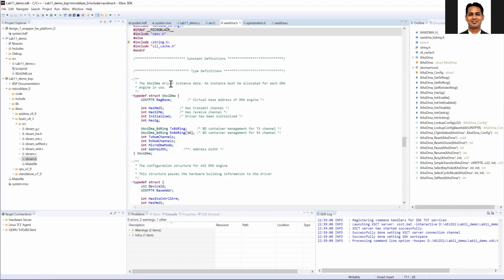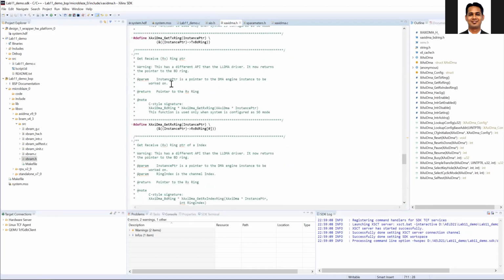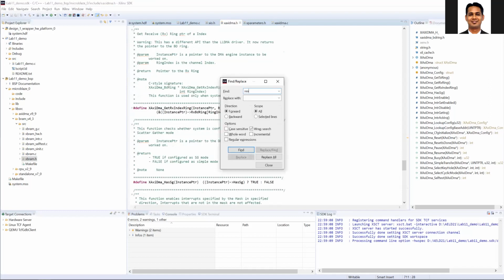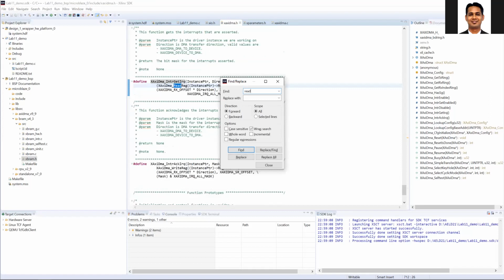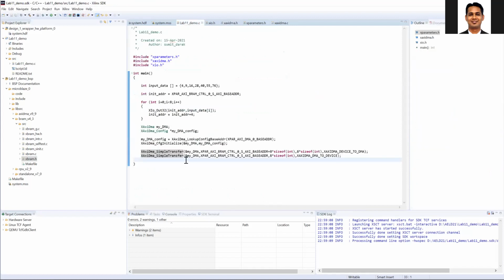We can use the XIO function, or there should be a function inside the DMA which will help us perform the read operation. You can see that there is a function called XDMA read register. So we are going to do the read register operation.